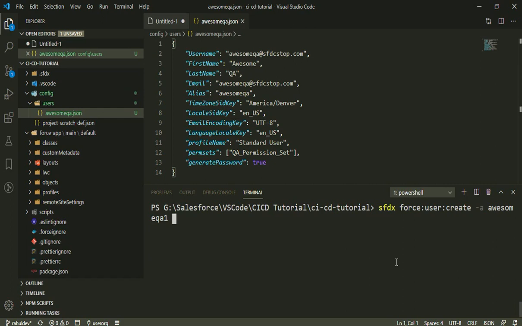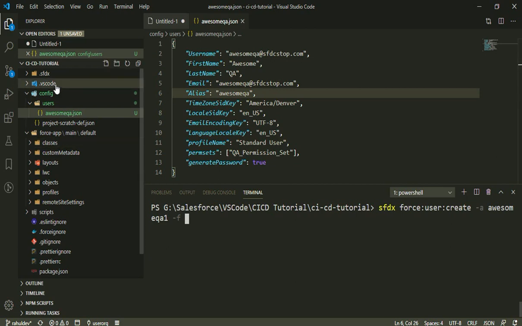And now I need to specify that I want to use this particular file to get the metadata for my user that I'm going to create, right? So I'm just going to specify it as -f, where f stands for the file path, and I'm going to specify this particular path, which is nothing but config and then users, and then I have my file name as awesomeqa.json, right? And I'm going to press enter.